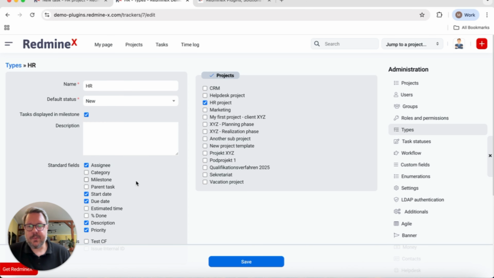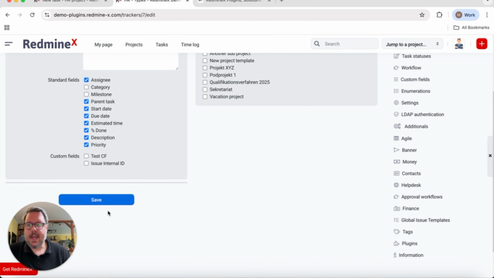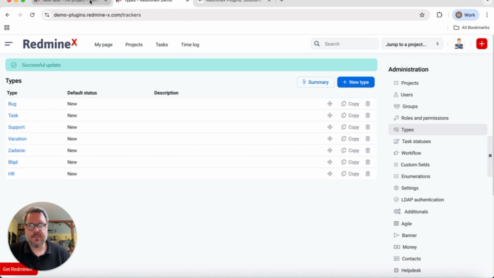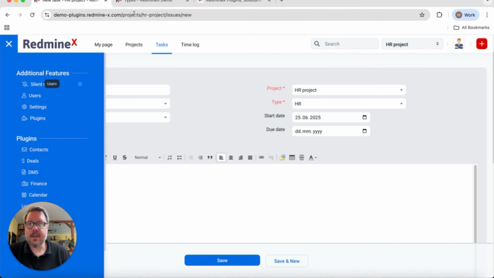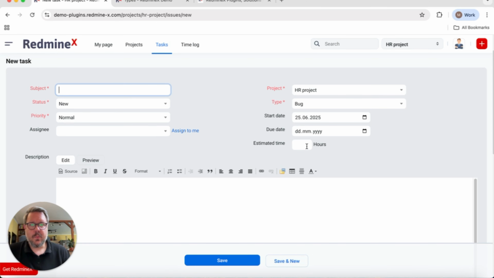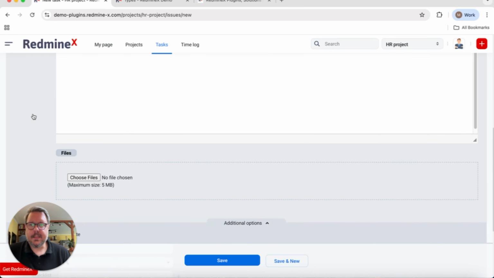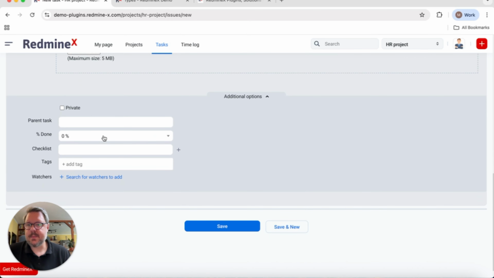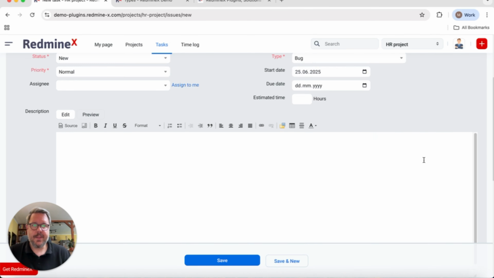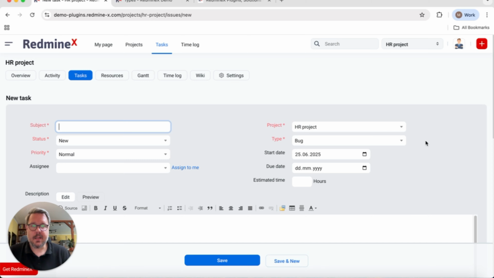I don't need category, I don't need a milestone, I don't need a parent task, but just in case, someone else might need it. And I will need an estimated time and percentage done. And for now, I'm going to leave the custom fields empty and just resave it. Then when I refresh the page, voila, I've got the estimated time, the assignee, and parent task percentage done. So like this, I can change what I can see within the task detail that is